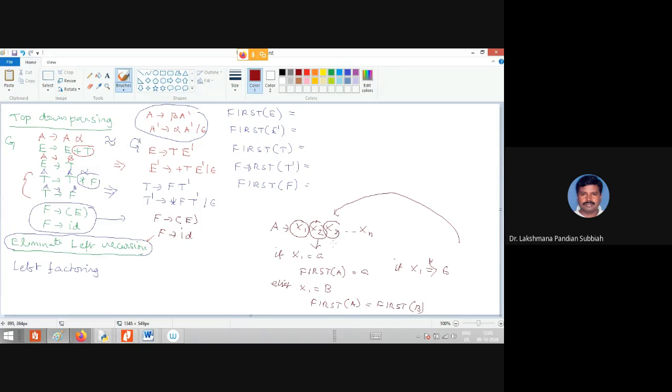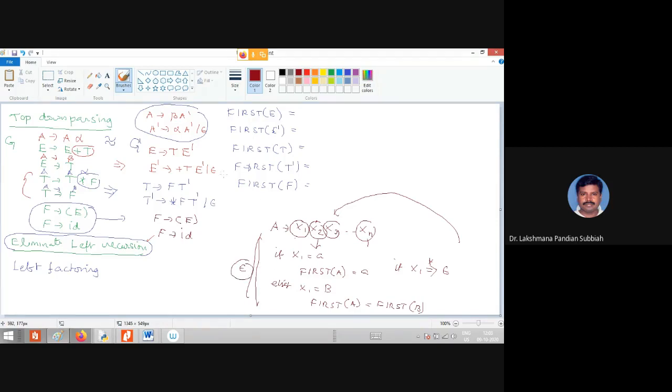If you don't have any next symbol, there is no empty, you have to stop there, right? If all are going to have empty in that sequence of steps, and xn also is going to be empty, then you have to include empty also in the first of the symbol, right?